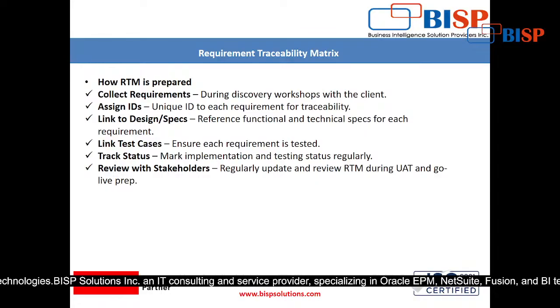After that, review with stakeholders. Regularly update and review the RTM during UAT and go-live preparation. Review with stakeholders means, for example, suppose I am a business analyst, and